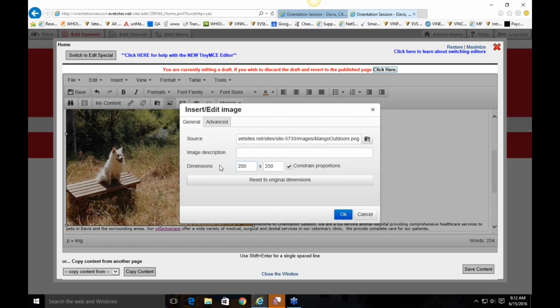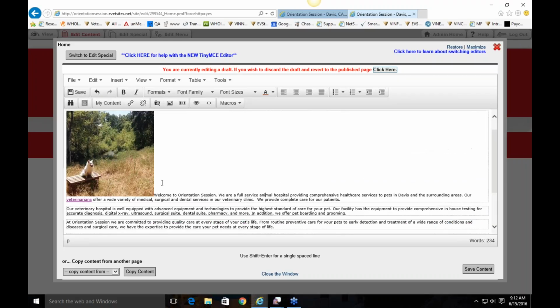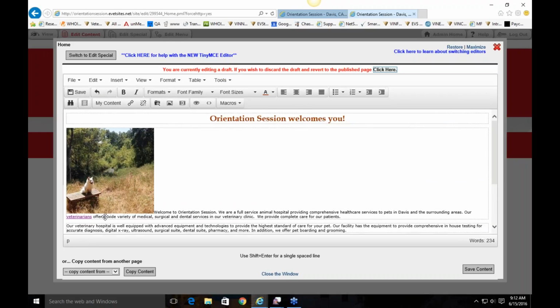And then if I just click out of here, it's automatically going to resize that other portion. So now my photo is about cut in half. It's still where I had it put in. And now you'll notice that my text has dropped all the way down here. If I want to wrap this around the photo so that the text is moved all the way up here